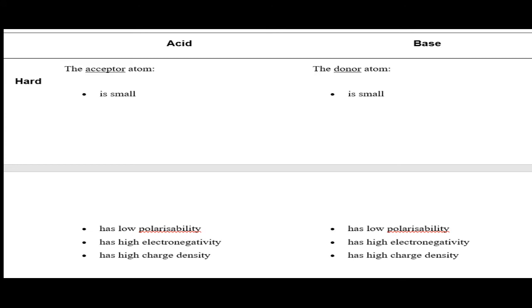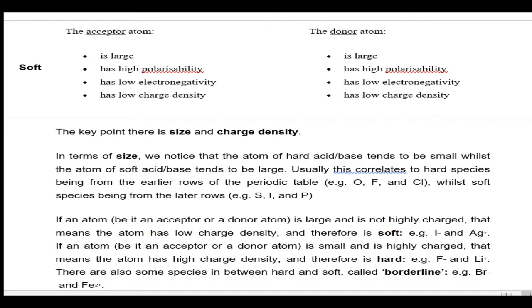In the hard acid, the acceptor atom is characterized by these qualities: it is small, has low polarizability, high electronegativity, and high charge density. While in the case of hard bases, the donor atom is small, has low polarizability, high electronegativity, and high charge density. While in the soft acids, the acceptor atom is large, it has high polarizability, low electronegativity, and low